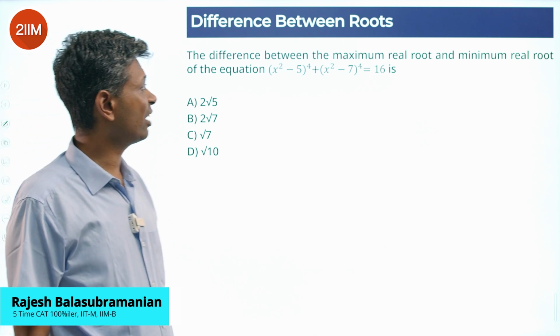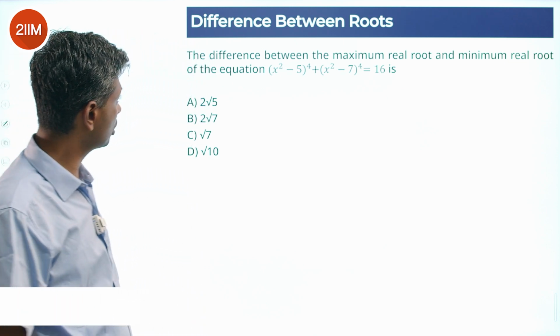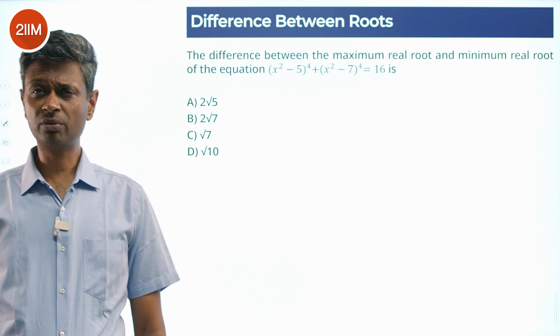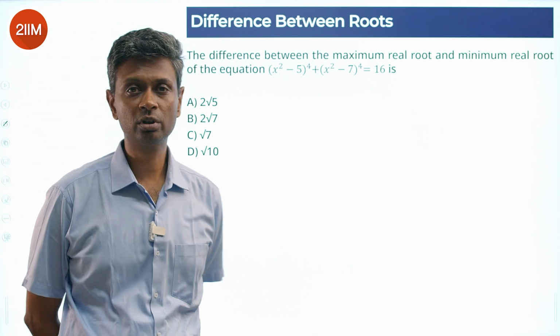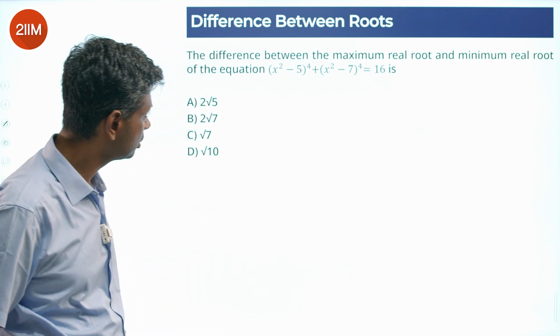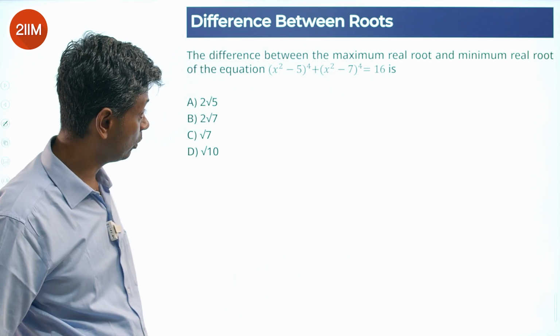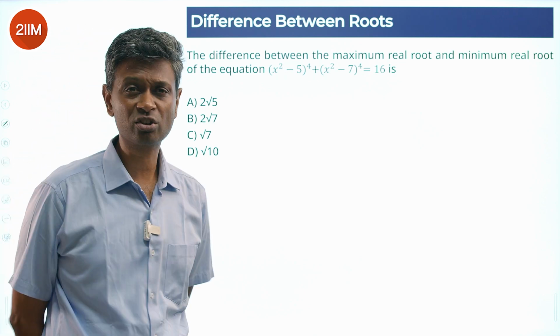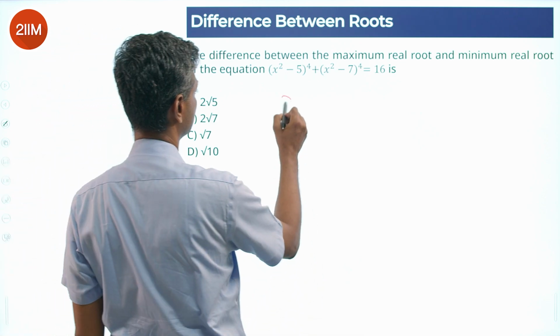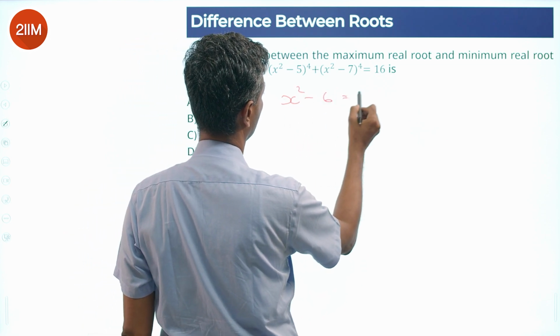The difference between the maximum real root and minimum real root of the equation (x² - 5)⁴ + (x² - 7)⁴ = 16, what is that equal to? Very nice question, beautiful question. Let x² - 6